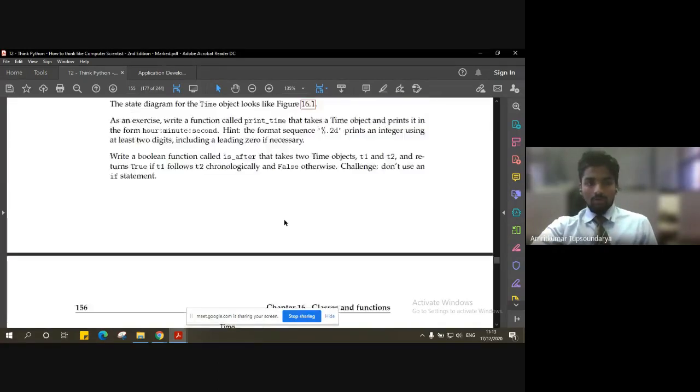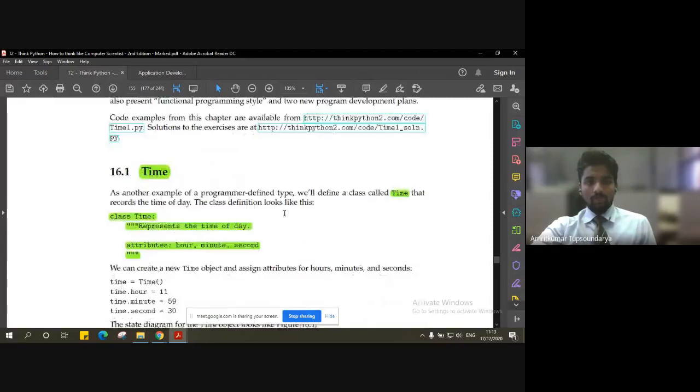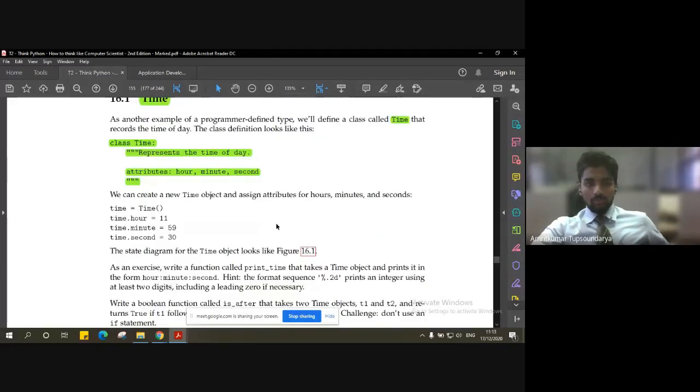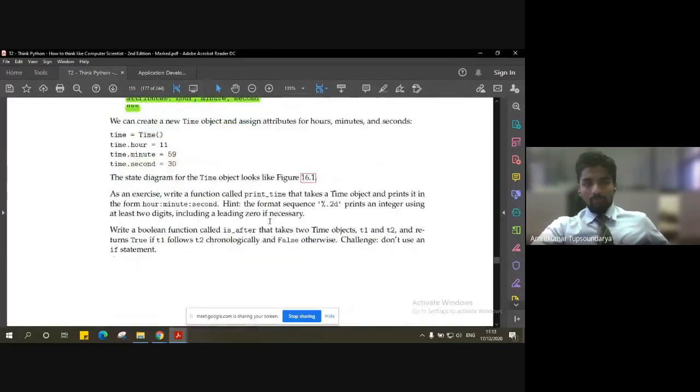That's how this can be used when we call it a programmer-defined type. But let us go ahead and use this to perform some operations.